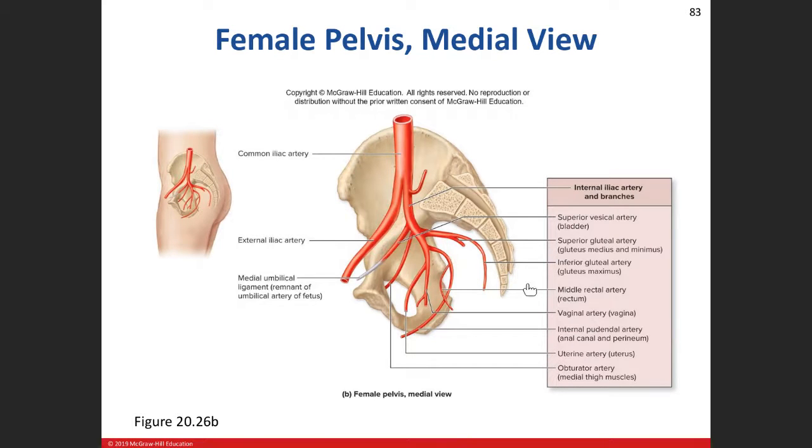And that's going to include the stuff on the back. So your glutes are back here, your medial thigh muscles are down here, and then any of the organs: for ladies, it's the ovaries, the uterus, vagina; for men, well, the gonadal artery comes off of the abdominal aorta, but still,